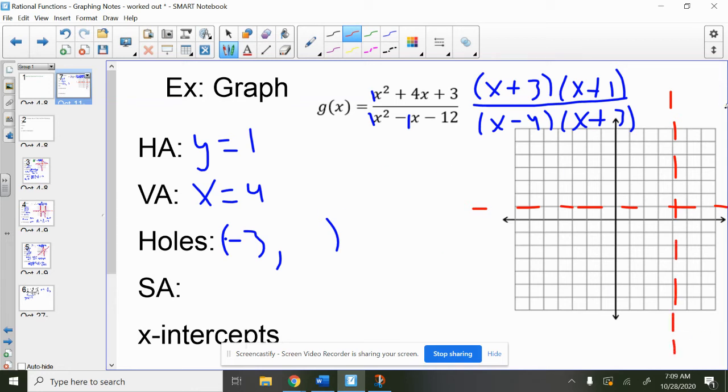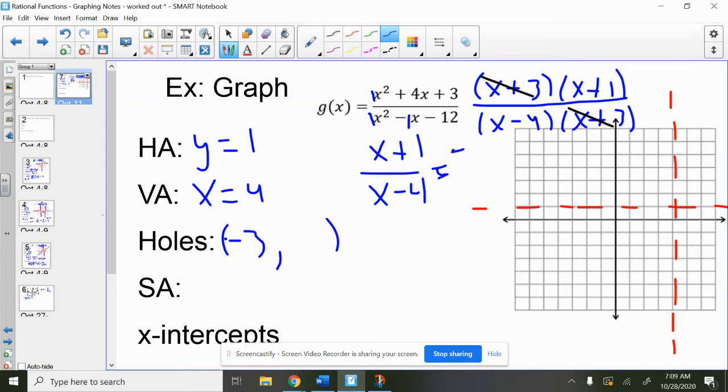So I got that. Now the rest, to be able to figure out what else is going on, is we're basically going to have to cancel these guys out for now. And then that leaves us with x plus 1 over x minus 4. So when you have a hole, this is where you're plugging in this value right here. I got to take that -3 and plug it into the top and plug it into the bottom wherever you see an x. So then that would give me here